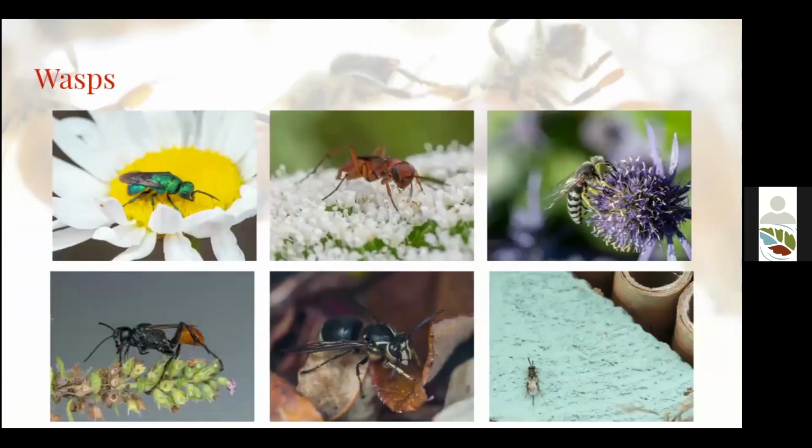Okay, but it's not only bees that are pollinators. So a pollinator we defined earlier is any animal that is visiting a flower and transferring pollen from one flower to another. And wasps were actually some of the first animals that did this. They're not specifically gathering pollen as food for themselves. And so generally they're not grabbing up quite as much when they land on a flower, but